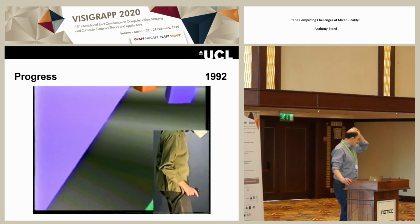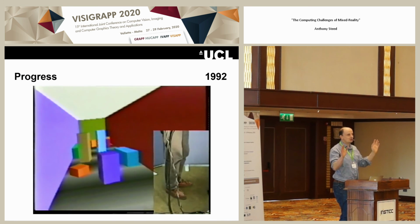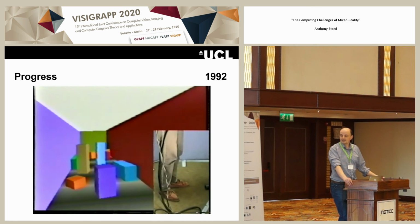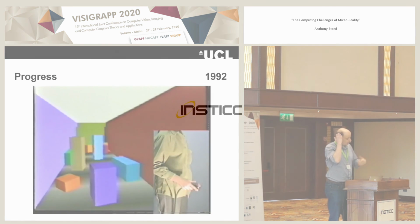So this is a piece of technology I built. It's called the virtual treadmill. You walk on the spot, and it recognizes that. You're using neural nets because I started off doing AI and VR, and it recognizes where you're going and then moves you through the environment. So you don't have to press a button or any silly gestures to